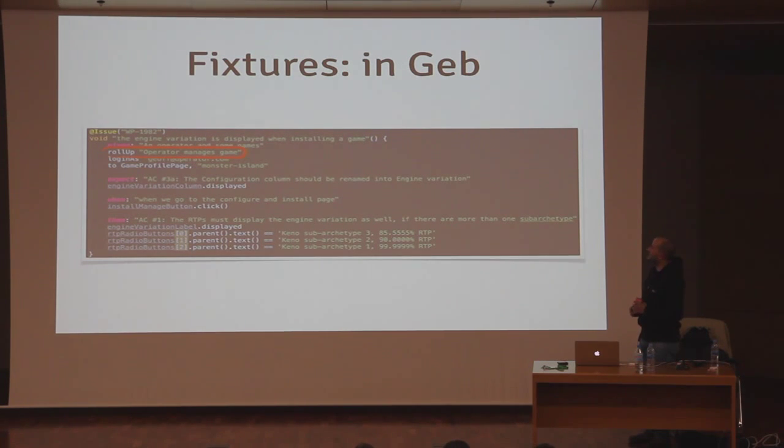This is what we ended up doing in Geb. This is a Geb test using Spock, as you see. One of the things we did is to create some helper methods to invoke those fixture controllers, because by the time this was changed, this